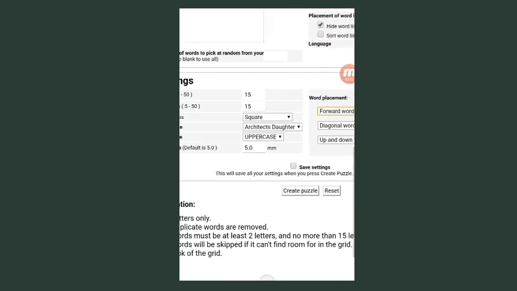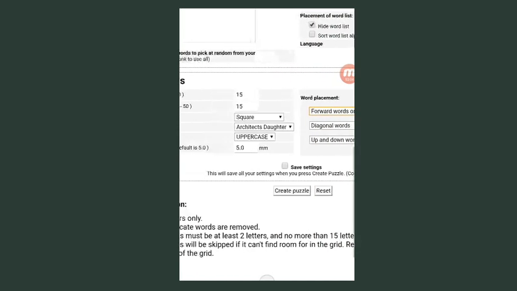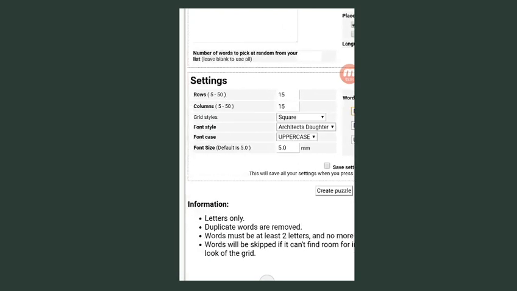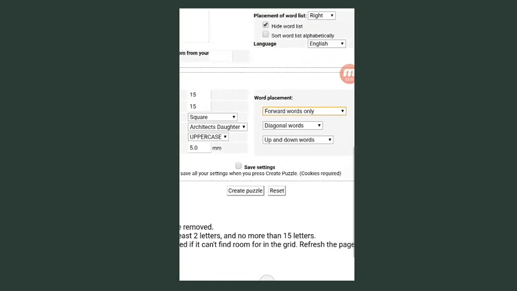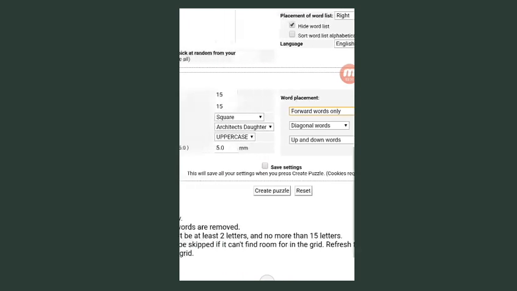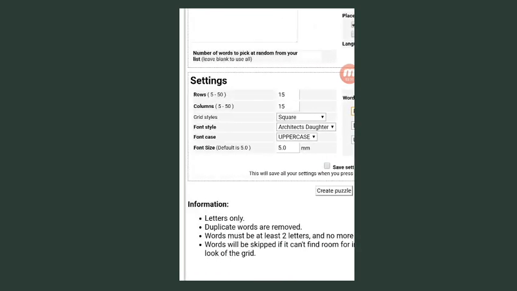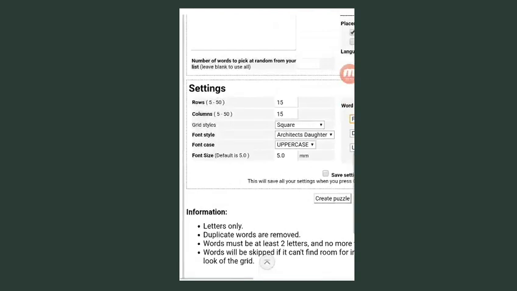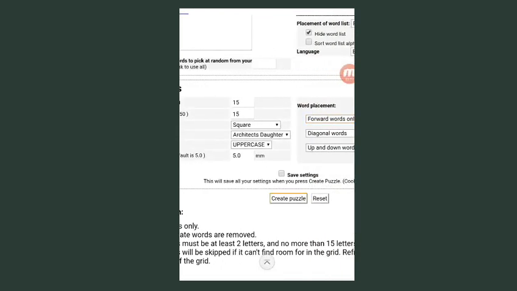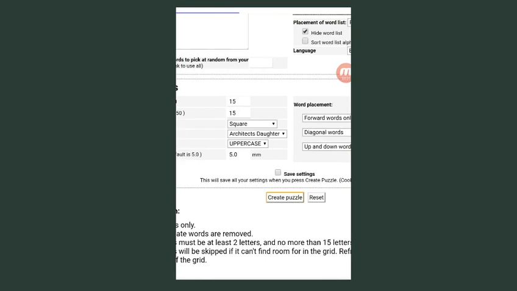Words must be at least 2 letters and not more than 15 letters. Words will be skipped if it can't find room for in grid. So refresh the page to see a new look of the grid. Okay, so let us create a puzzle now. So I will just press upon create puzzle and wait for it to create a puzzle for me.